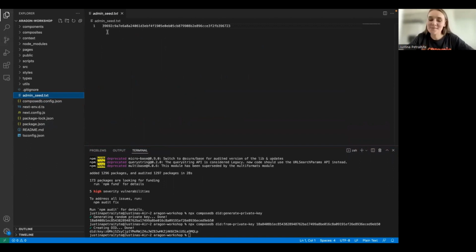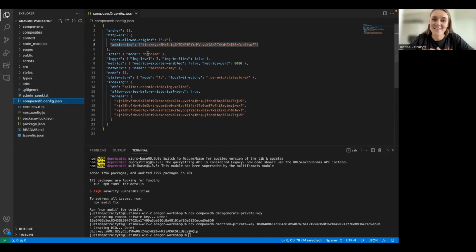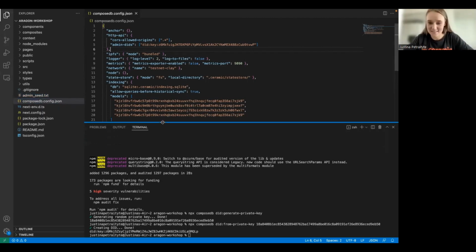You should store them somewhere safe and make sure that you don't lose them. Or if you start building, you can set them as environmental variables, but you should never expose them like that. This is just a small demonstration use case here. So now, since I have this key and I have my did that is configured and added as an admin key, I can interact with my app. I can write mutations, create new streams, and things like that.